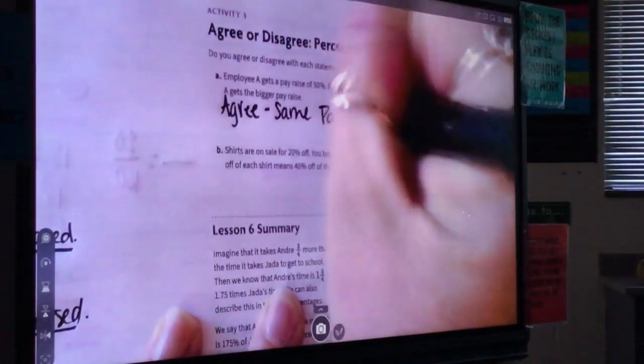Kaden, what do you think? You can agree that it's getting a bigger percent of a pay raise, but the disagree part would be... No, we're only talking about agree. So what has to be the same in order for you to agree that A is getting a bigger increase? Getting the same pay rate. Yes. So same pay rate. You can disagree